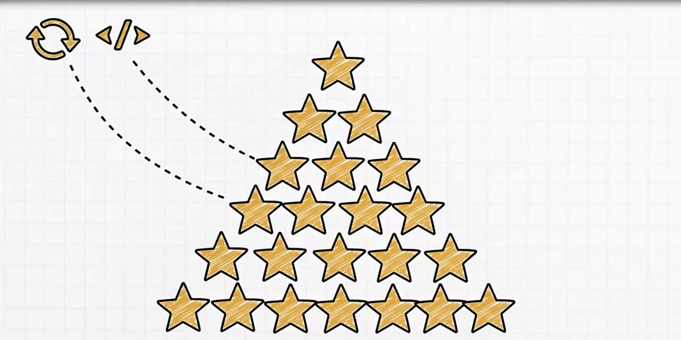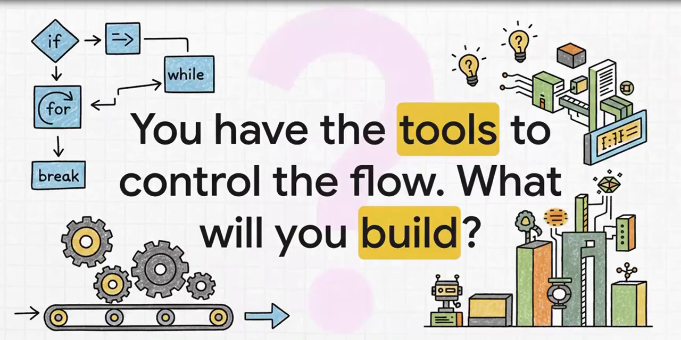This is what it's all about, taking simple logical building blocks, in this case, just a loop, and combining them to create something that looks really cool and complex. It's not magic, it's just flow control. So there you have it. We've seen how to make our code think with if statements, how to make it repeat tasks with for and while loops, and how to fine-tune those loops with break and continue. These are the absolute fundamentals for making your programs smart and dynamic. Now you have the tools, so the only real question left is,